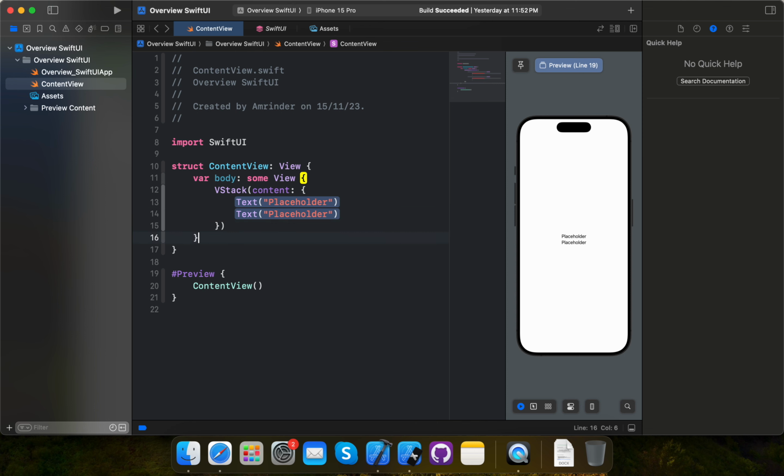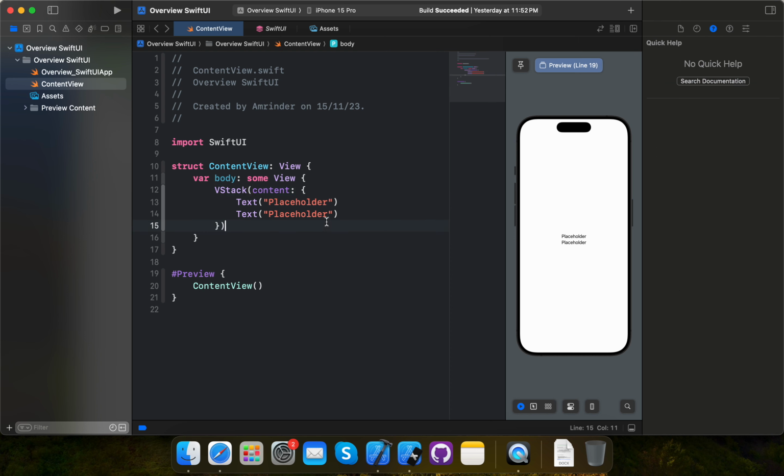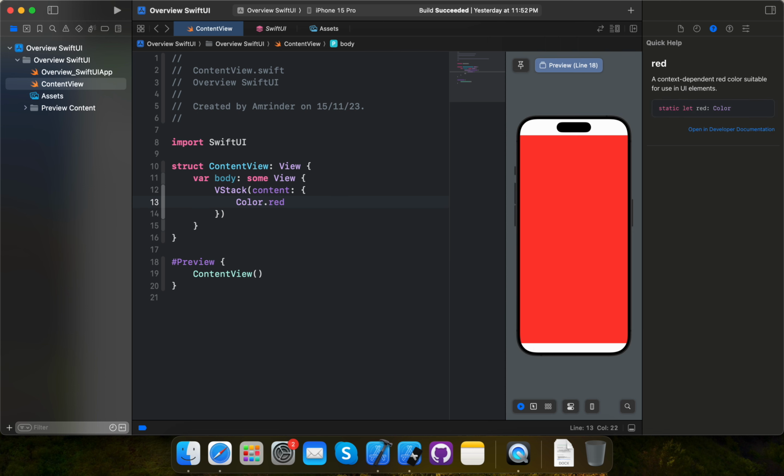Okay, so as you can see, we added two texts and these are appearing in the vertical direction. Now we will remove those and we add here Color as red, but as you can see, it's filled to the whole screen. Okay, now we will add our